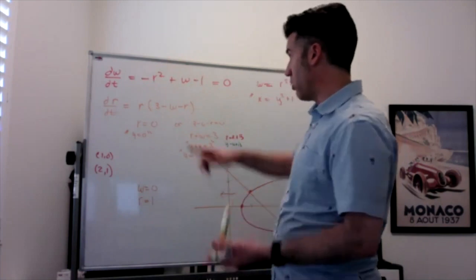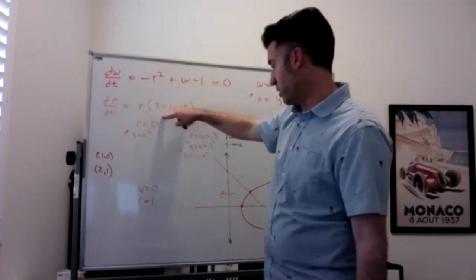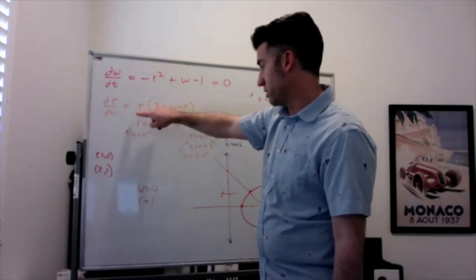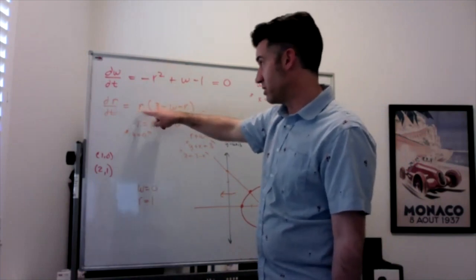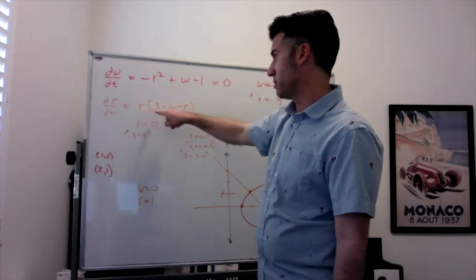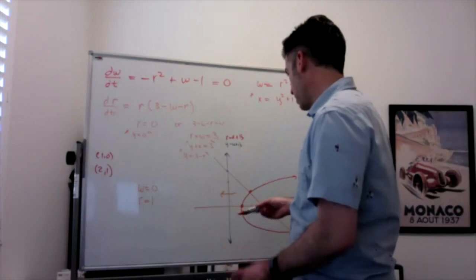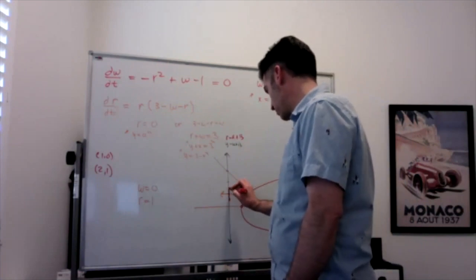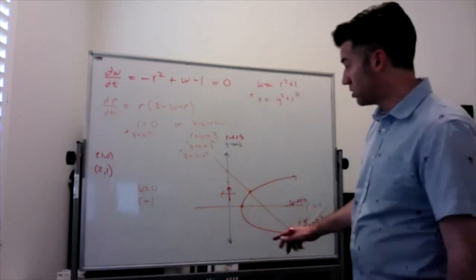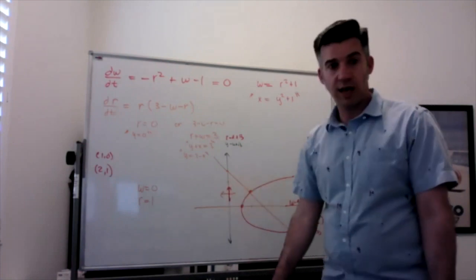And the change in the R direction or the Y direction at 0, 1 is going to be, well, let's see. W is 0, R is 1. So 1 times 3 minus 1 minus 0. So it's 1 times 2, which is positive. So we're going to be going up. Great. So right here, you could say, okay,